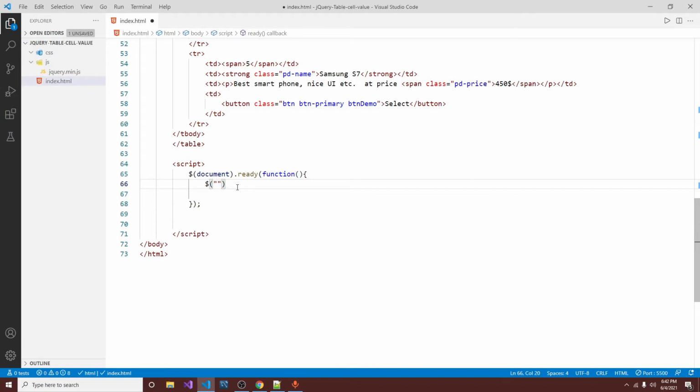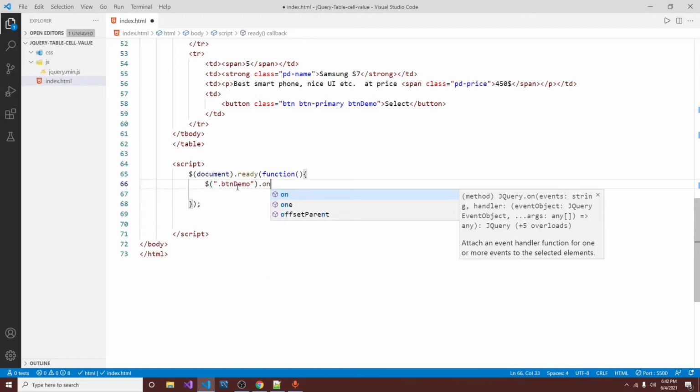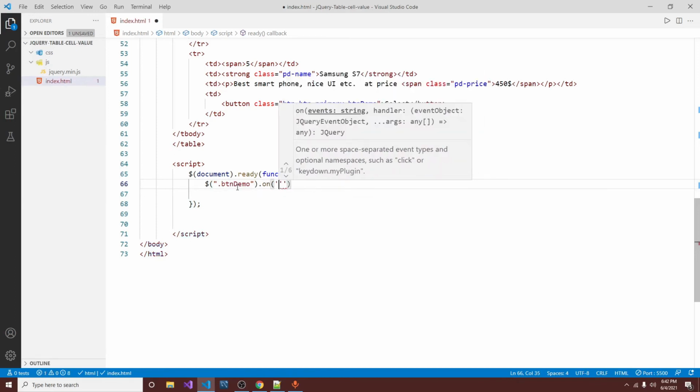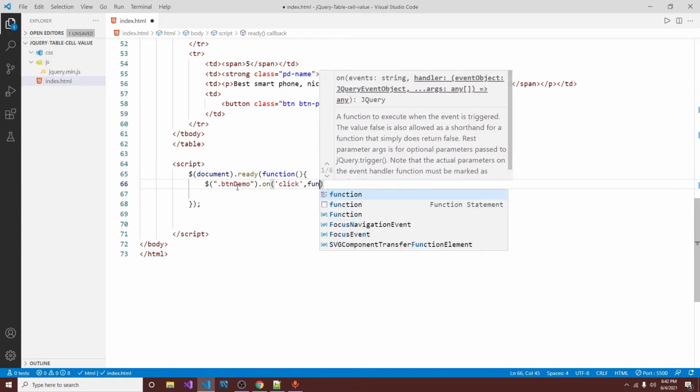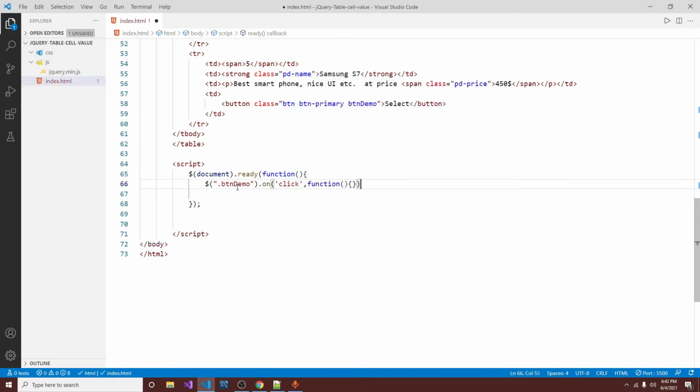As this is class, we are using dot. If it is ID, we will use hash. In our case, it is class name, so we are adding dot on. This is our click event.